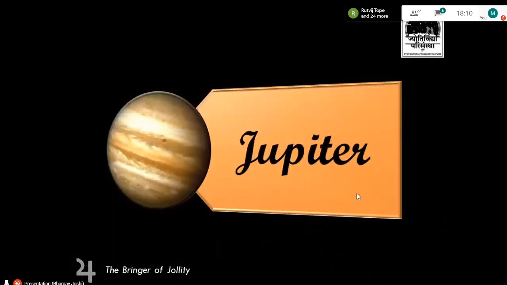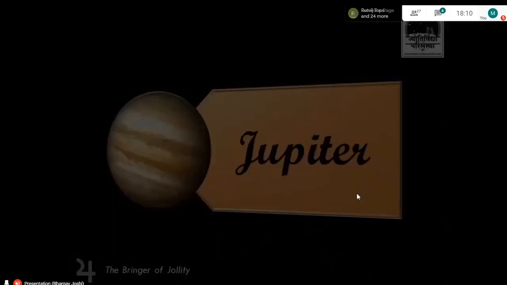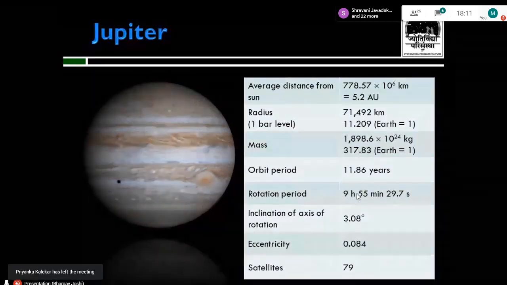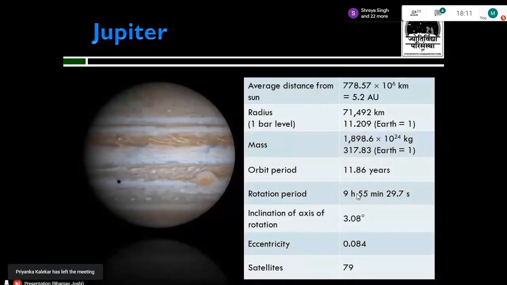So the next thing we have is Jupiter. Jupiter is the largest planet of our solar system. It is so huge that you can almost fit 1,300 Earths inside Jupiter by volume. Imagine, 1,300 Earths can fit inside it, and the diameter of Jupiter is, we can say, 11 times the diameter of planet Earth. That is the humongous nature of the planet Jupiter.